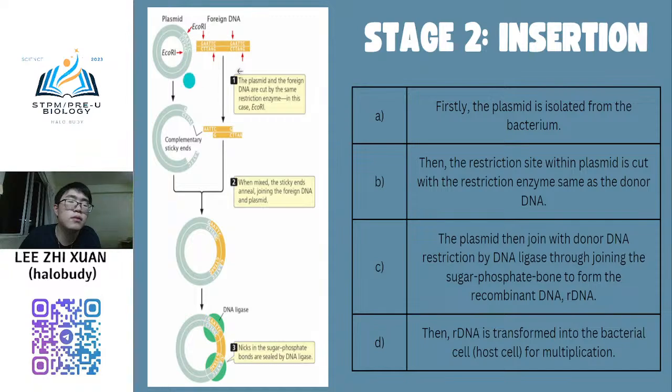So this one is the isolation. So you already isolate the plasmid from the E. coli, and also isolate the DNA from the gene of interest. I isolate the gene of interest from the donor cell. So okay, once we have these two, we already mentioned we will use the restriction enzyme. So for here we use EcoR1, and then we use EcoR1, we cut here, cut these two places, and also for the DNA we cut.